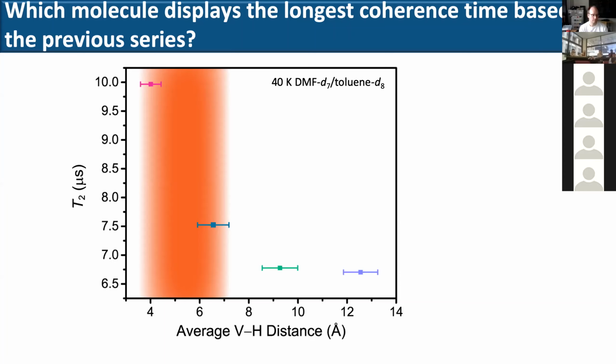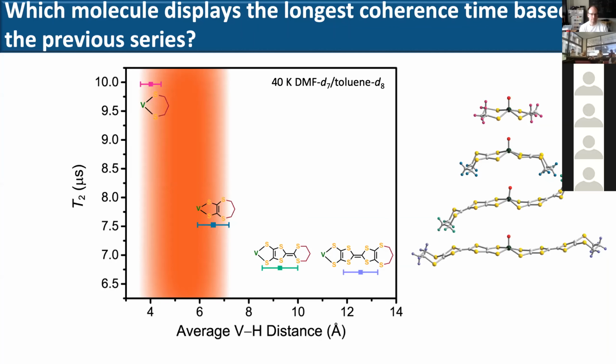But okay, what we see is that one of these molecules, and these are data at 40 Kelvin, I'm not looking right here at the higher temperature data because that's really phonon dominated. And if we want to get into the impact of the nuclear spin, we need to look at the lower temperature data where the nuclear spin effects dominate. So the pink dot, and I'll just show the corresponding molecules,